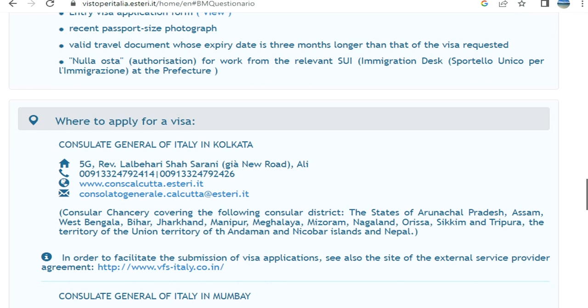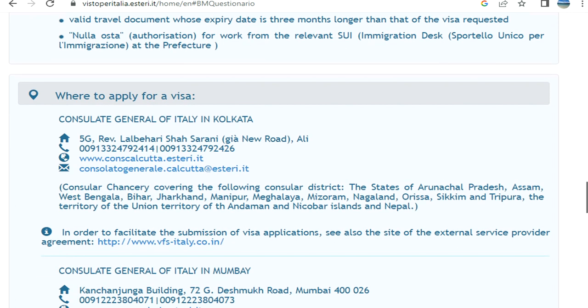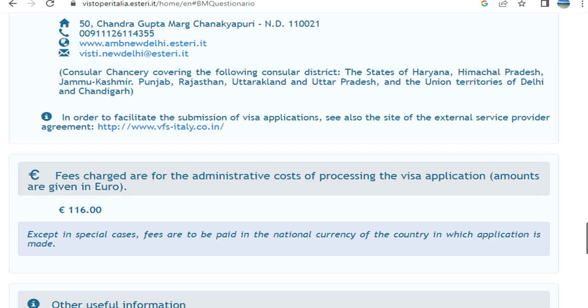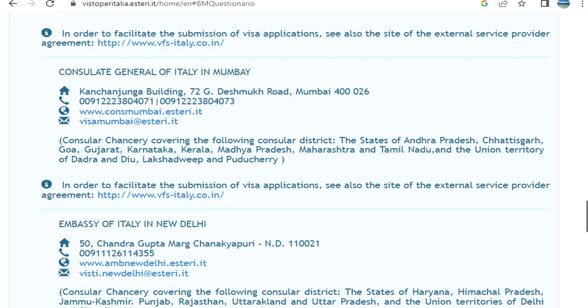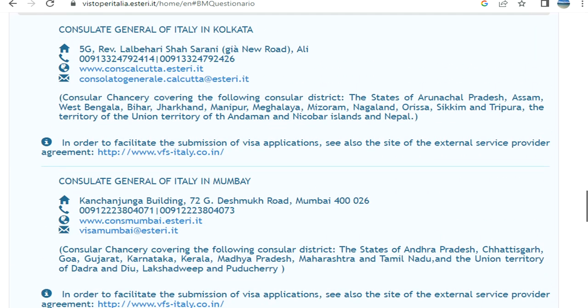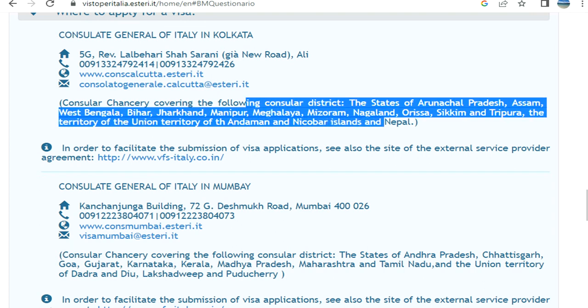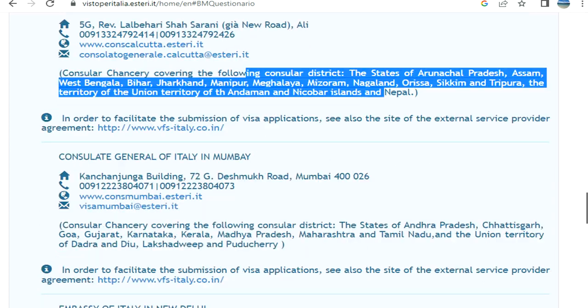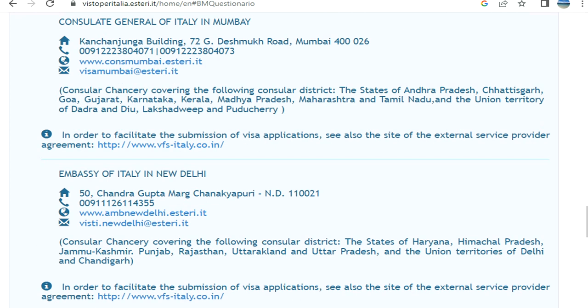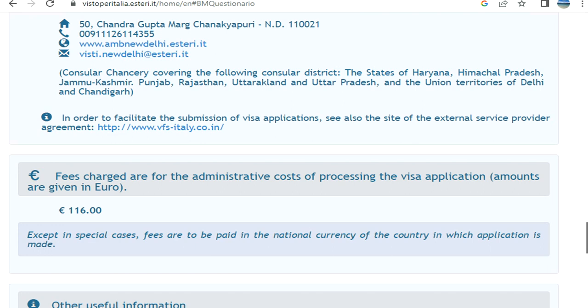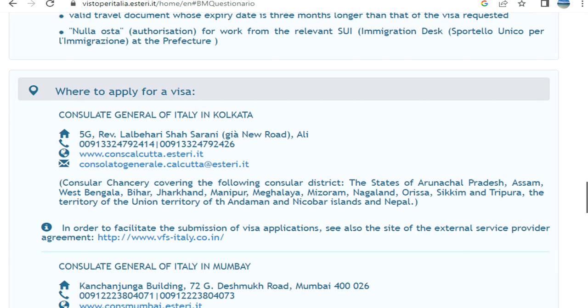Now, where to apply? This is again based on the location. For example, I selected India, and for India it is showing Kolkata, Mumbai, Delhi, as per jurisdiction, like the following consular districts based on your state in India. If you are from India, you can understand what it means. Similarly, it can be different from your location. And one more thing, they have also said that